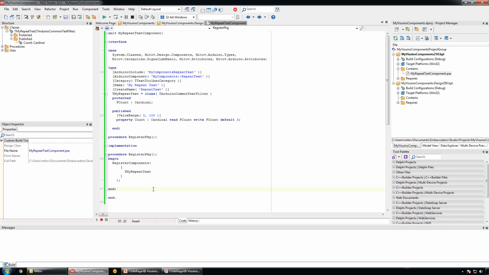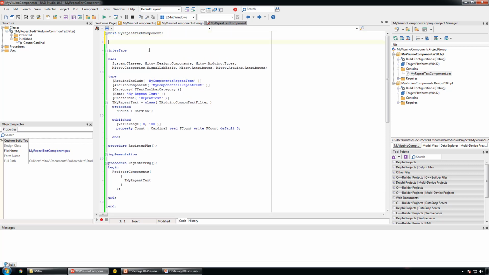The component, however, will not have user-friendly icon. To add icon, we can add a resource file. The resource file can have the same name as our component unit, so we can use the star for the resource file name. The simplest way to create resource file is to copy one of the existing resource files and rename it, or